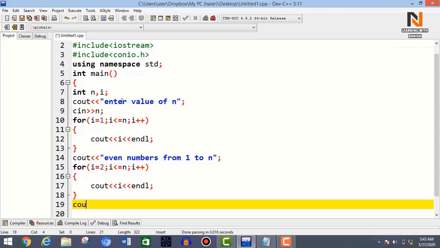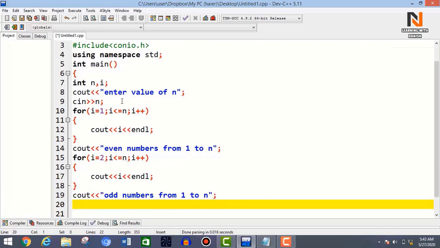Now again you have to find odd numbers, then you write cout odd numbers from 1 to n semicolon, and now use for loop because odd numbers start from 1. Here you write i is equal to 1 semicolon i less than or equal to n semicolon i is equal to i plus 2.